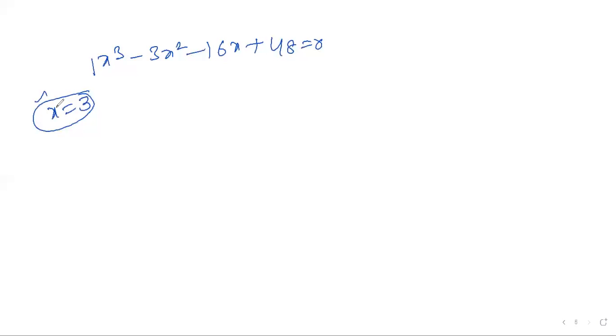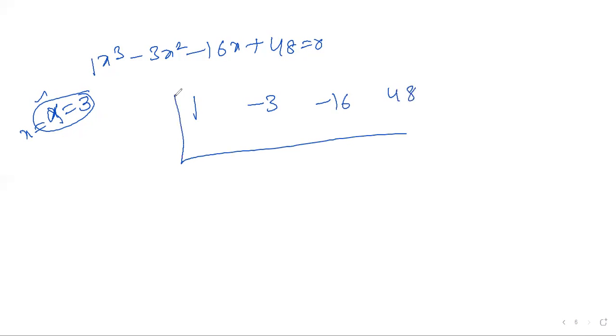Yesterday I explained regular problems. Let us take this question: x cube minus 3x square. You people should work in parallel with me, it will save you time. What is the root here? One root is x equal to 3, you got, right? Now one root is over: alpha is equal to 3, nothing but x is equal to 3. After that, how to find the others? Take the coefficients 1, minus 3, minus 16, 48. After this, you can take it out.